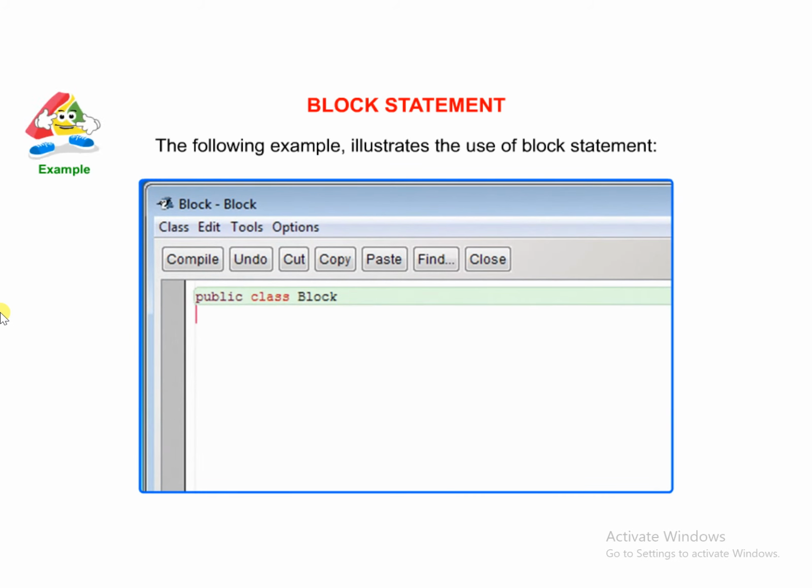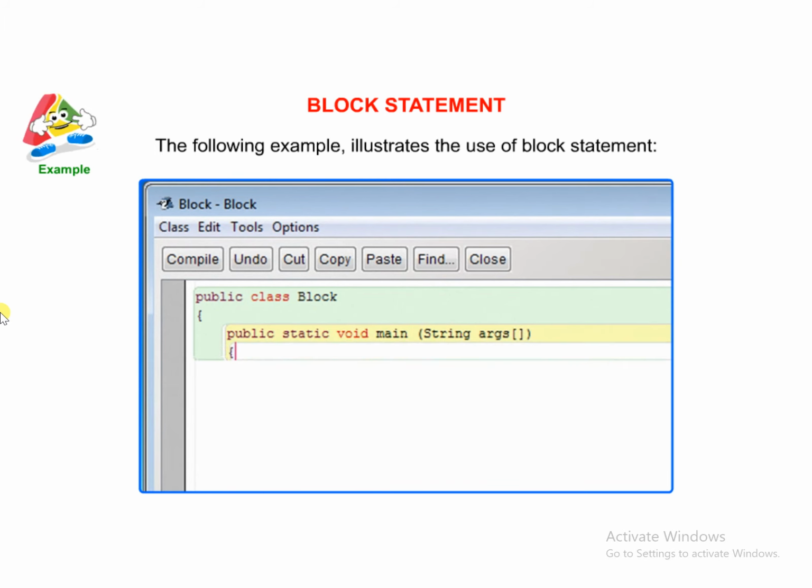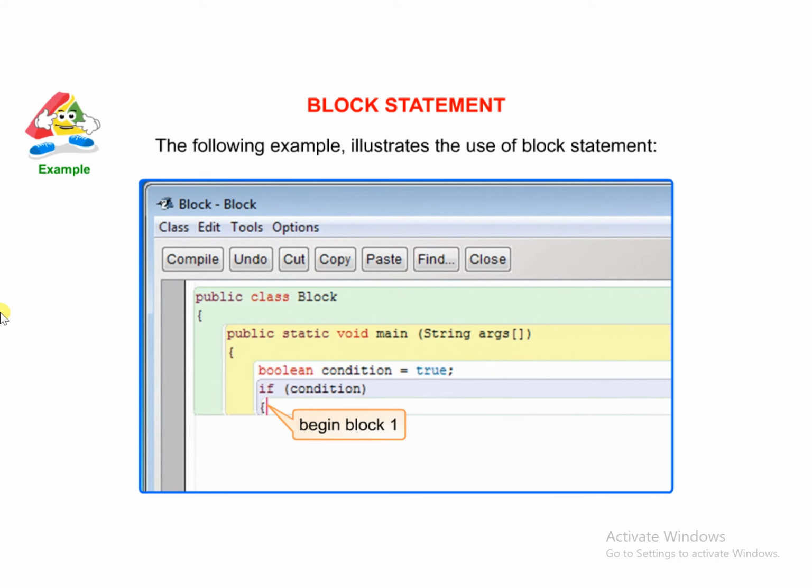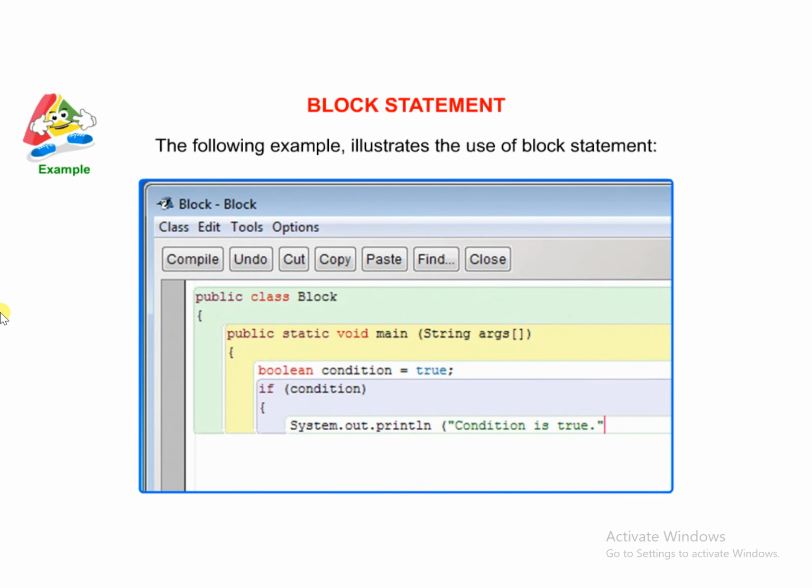public class Block { public static void main(String args[]) { boolean condition = true; if (condition) { // begin block 1 System.out.println("Condition is true."); } // end block 1